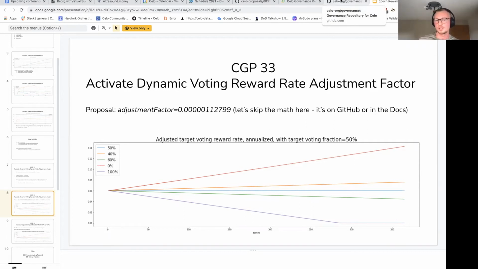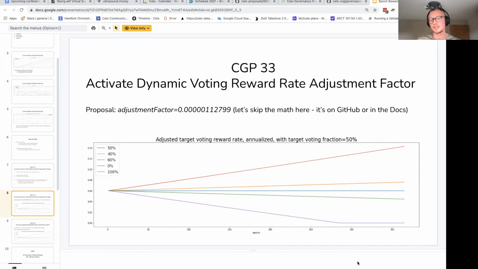If you look at the chart, first of all, that's not a projection or the reality. That's just a simple simulation to show what the dynamic adjustment is actually doing. You can see the voting reward rate, which is currently at 6%, at Epoch 0, which would be today or when the proposal would get activated.